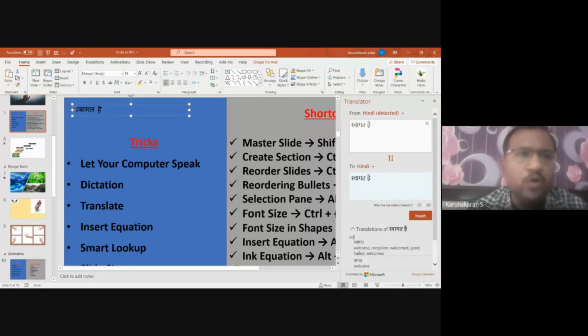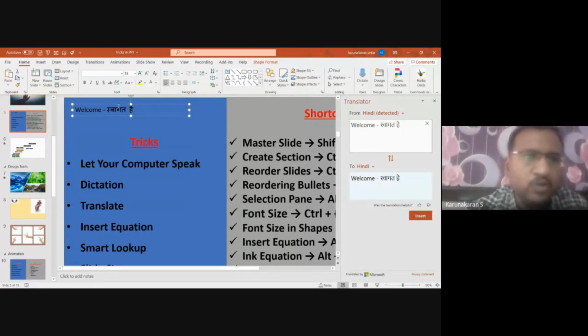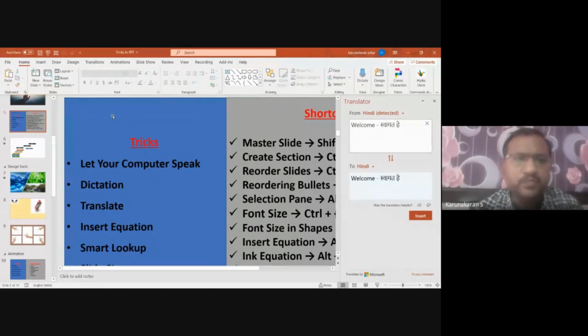And similarly, if you want both English and Hindi, you need not replace it there. You can click it there and then press insert. Now you will get this along with your language. So this is how we can use it for teaching other languages, which will be a very easy tool for us, right? Even this English, you need not sit and type. You can use dictate to make the system type, and then you can convert this into any other language that you expect. Okay, so that is the use of this